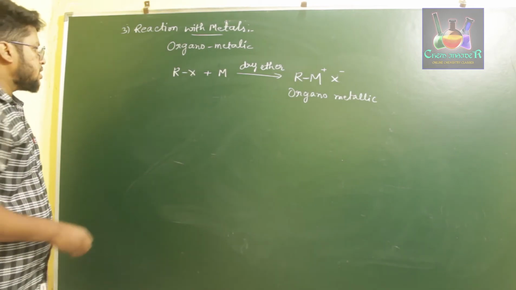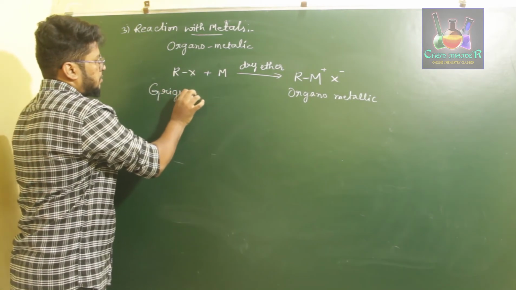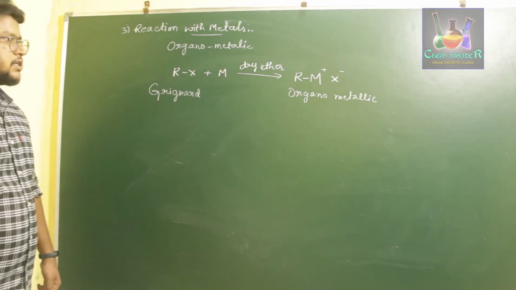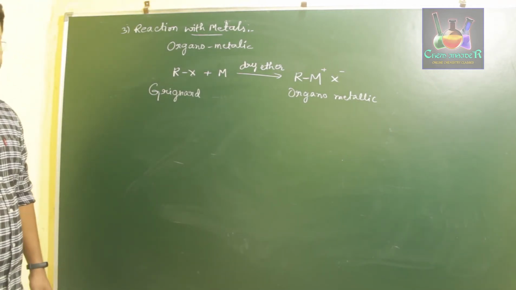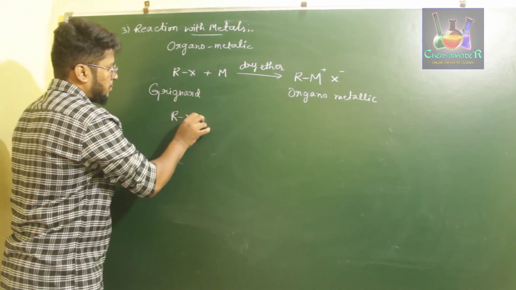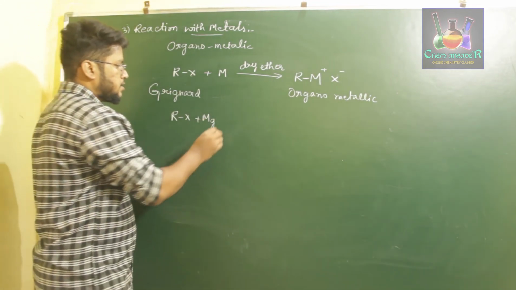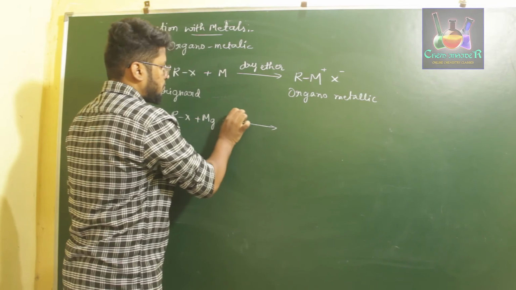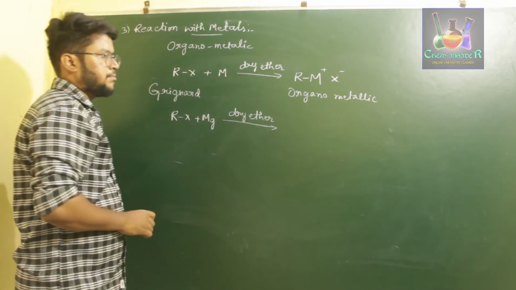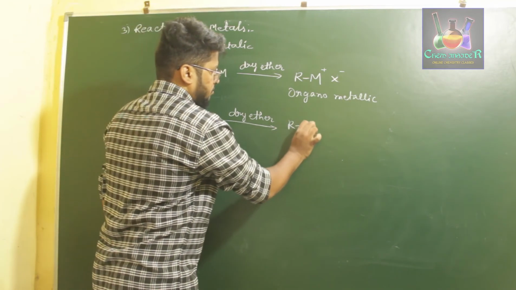So, a scientist named Grignard formed a compound which acts as a good hydrolyzing agent. He found that when we treat an alkyl halide with magnesium in the presence of dry ether, it forms an alkyl magnesium bond, or organomagnesium compound, called RMgX,